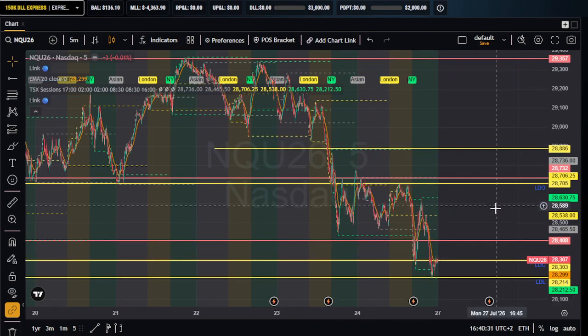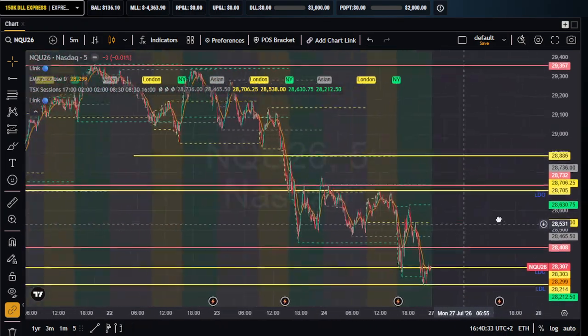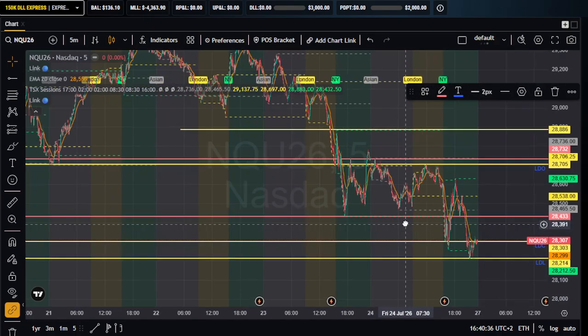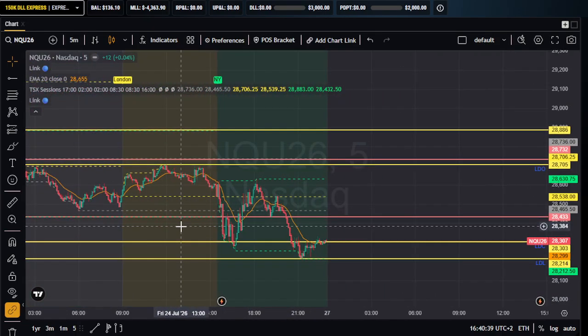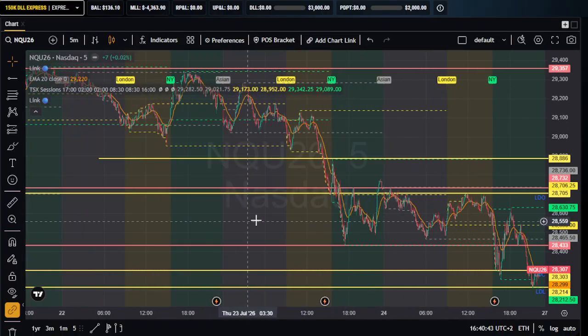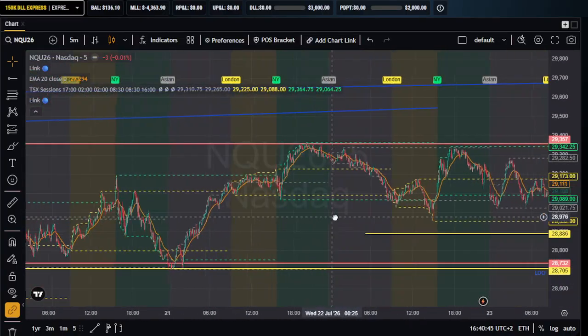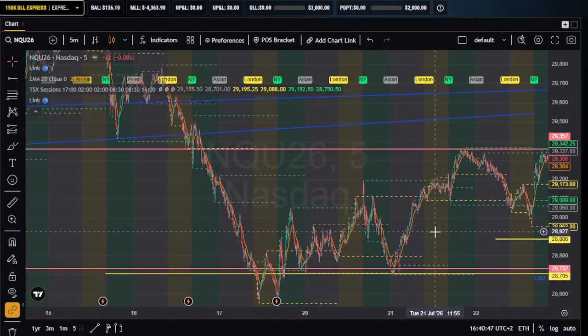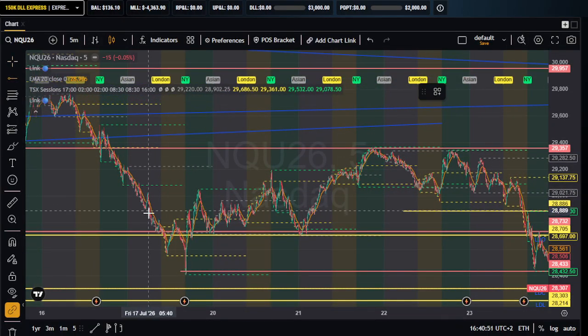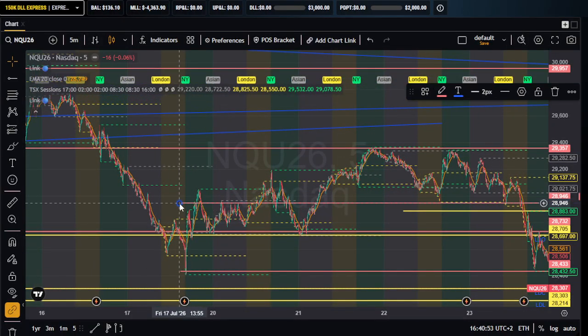I think it's okay. We can go with this one. You see, the market respected this level pretty much, and also there somewhere is a level I'd like to address because it got tested here,